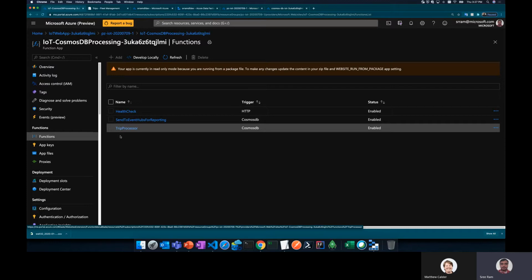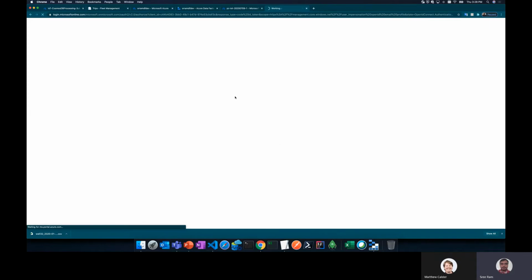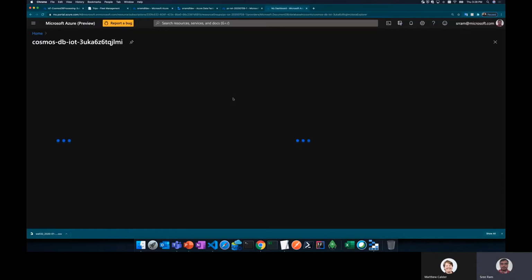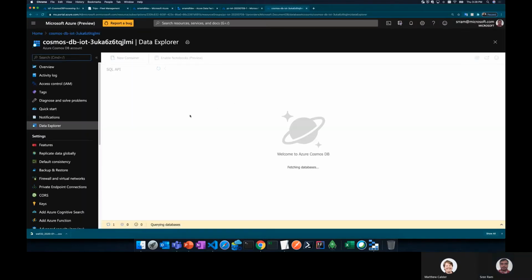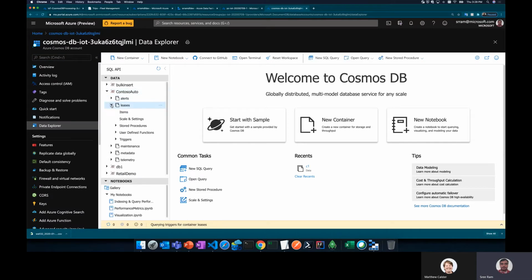Now when this function is deployed, we maintain and manage all the infrastructure that is needed, that is, all the hosts for these three microservices to run. And these three microservices run. Let me point out and show you how a lease looks. So we go and check. Let's go and check our Contoso Auto, and these are the leases.